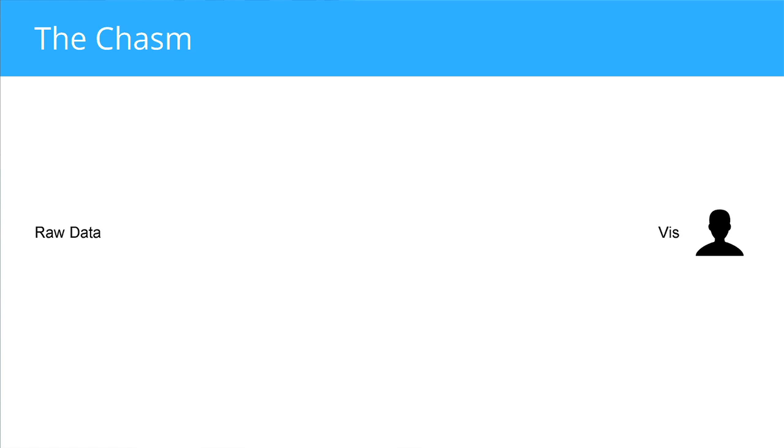Anyhow, what's the chasm I'm talking about? Well, you have raw data, and you have a user that you want to build a visualization for. Maybe it's for you, just to explore that data, but I'm more thinking about trying to build an application for somebody else, some sort of tool where somebody could analyze the data and see something cool in it. First of all, very easy.